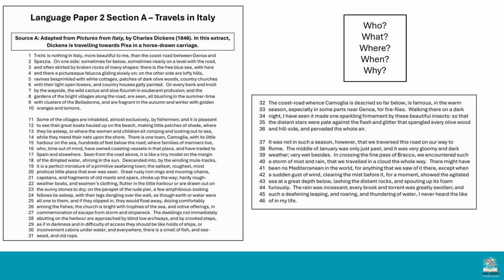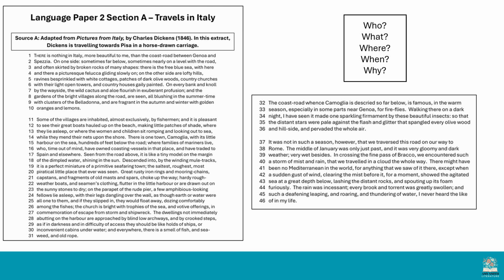So the first source we're looking at is adapted from Pictures from Italy by Charles Dickens, written in 1846. The first thing I noticed there is the author's surname, Dickens. He's in Italy, so that's where he is. And in terms of when, we're in 1846, so we're in the middle of the Victorian period. You might be studying A Christmas Carol for your literature GCSE, so you might already be familiar with Dickens and